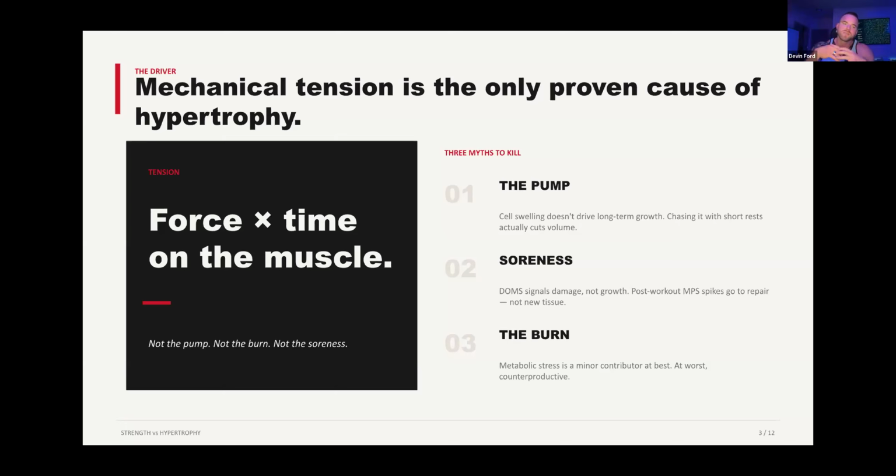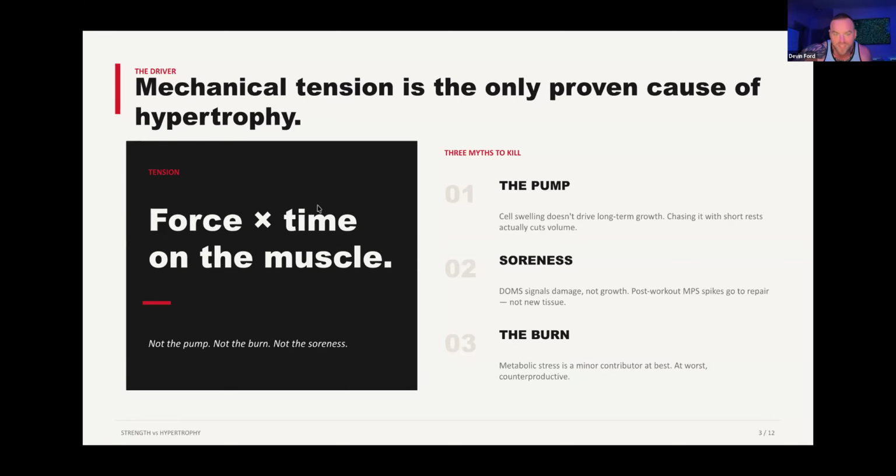Okay. If I did, I don't know, 200-pound leg extensions for a set of 20, so my force was 20, and I did it. Wait, what? No, I said that backwards. Did I say 200 pounds for 20? That's a really confusing number. All right. So let's say I did 200 pounds for 10 reps, a little bit easier. Distinguish the difference.